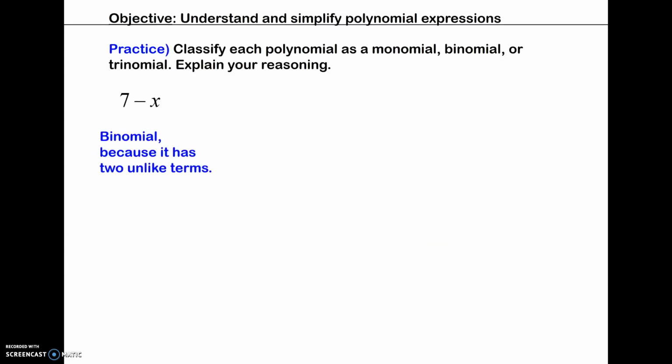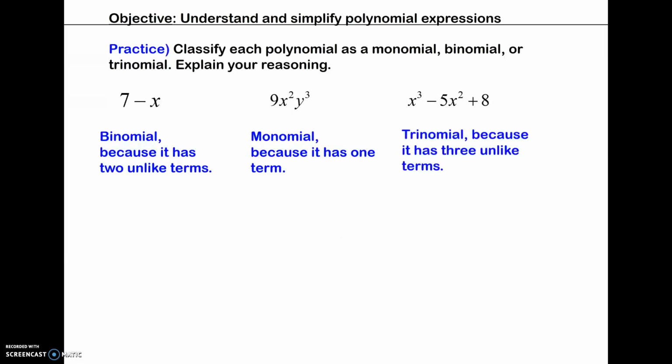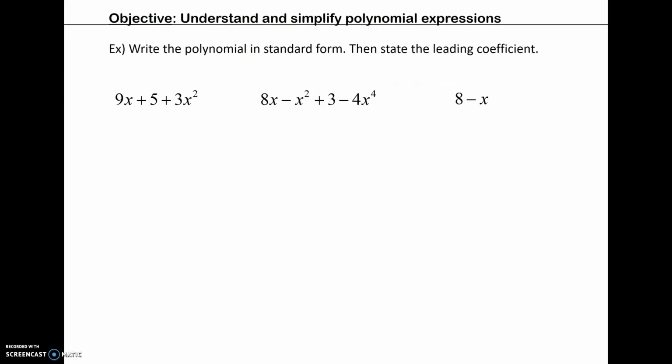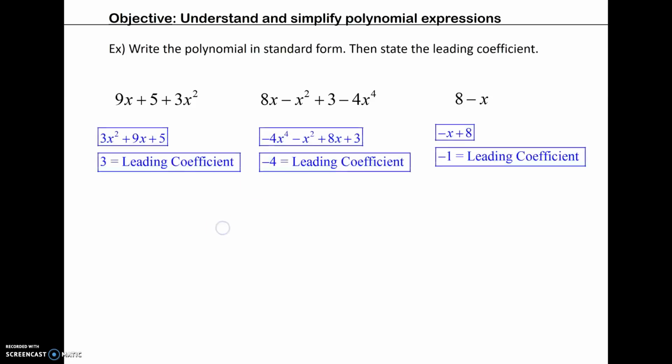Okay, that's a binomial because there are 2 unlike terms. Monomial because there's only one term. Trinomial because there are 3 unlike terms. Okay, I'm going to be running out of time here, but standard form just means you're rewriting each of these where you have your greatest term